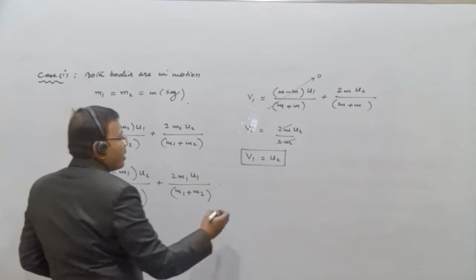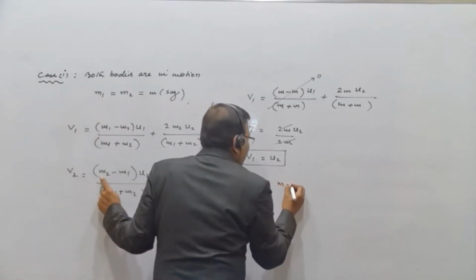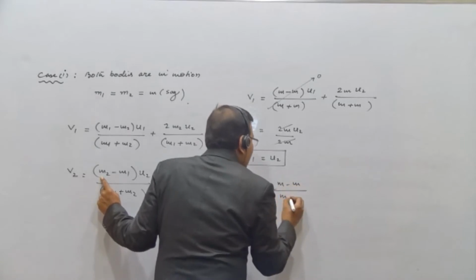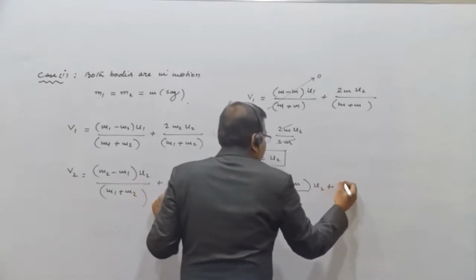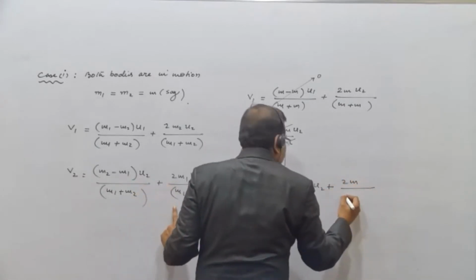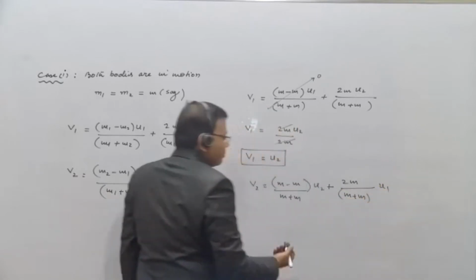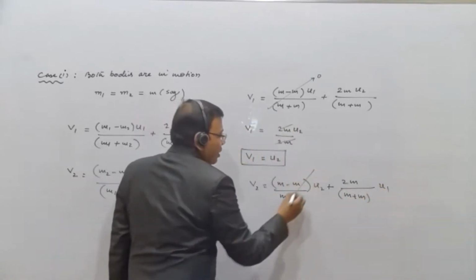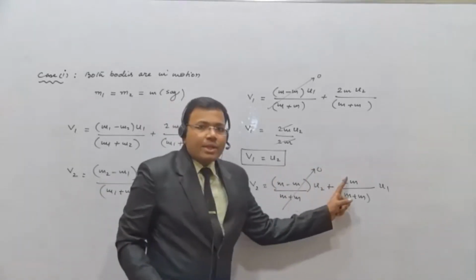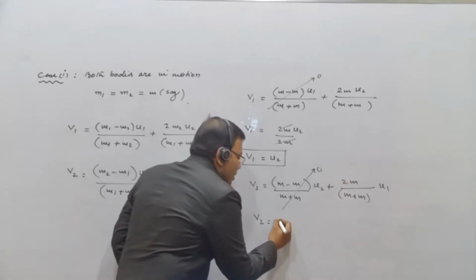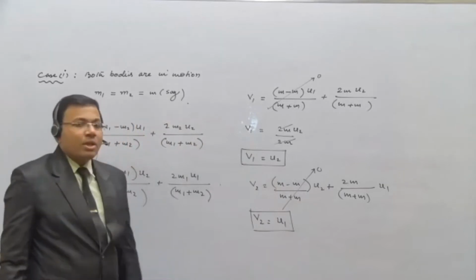सो लेट अस सी द सेकेंड वन, इसमें सब्स्टिट्यूट करके देखते हैं हमें क्या मिलता है। दिस इज व्हाट v2 इज इक्वल्स टू, हियर आल्सो वी राइट m minus m by m plus m into u2 plus 2m by m plus m into u1. So what we are getting, this part you can see clearly, this part will be 0, so v2 is equals to 2m by 2m get cancelled and we are getting u1। क्या मतलब हो गया यहाँ पे, ट्राई टू अंडरस्टैंड क्या हो रहा है बेटा यहाँ पे।